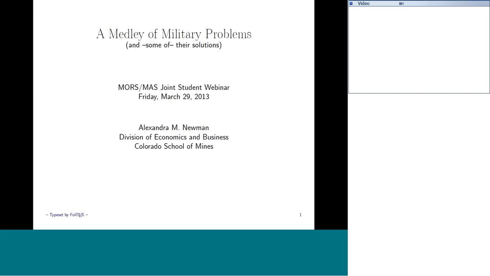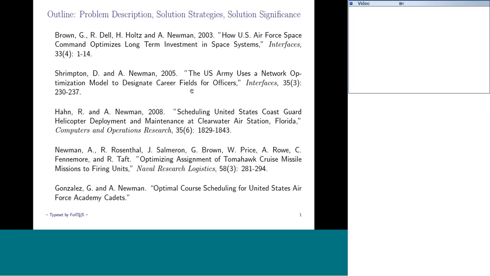All right, so first of all, I'll just give a little bit of an outline of the types of problems I'll be discussing. I'm trying to cover, I guess, 4 services. I will talk first about some older work on capital budgeting for the U.S. Air Force Space Command. This is work that's been published in Interfaces with some of my colleagues at NPS and a former Air Force officer.